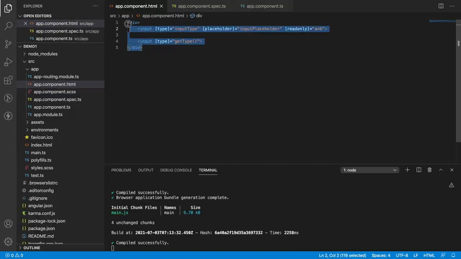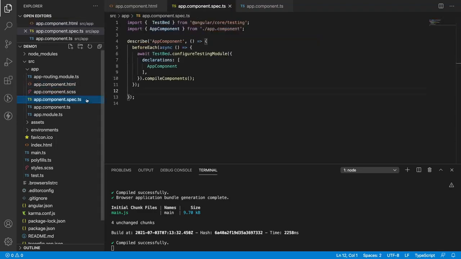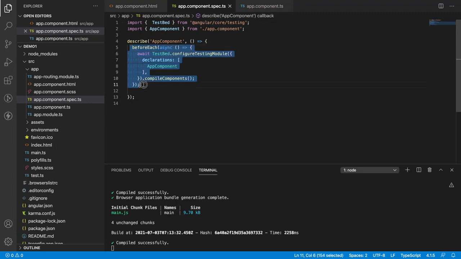Here we have created property bindings on two input elements, and each input element is configured with our property binding. So I want to test this particular data by covering all the use cases. Let me quickly jump into spec.ts. So here let us create a fixture for our app component. This is the default one which is created whenever our application creates a component. beforeEach is a method which will be called before executing every it statement.